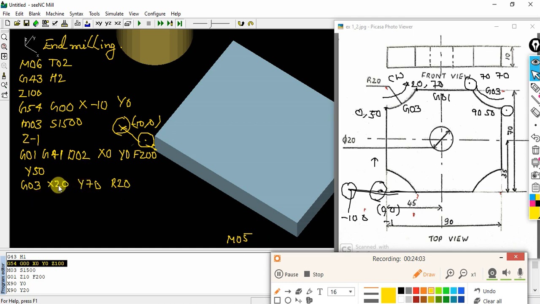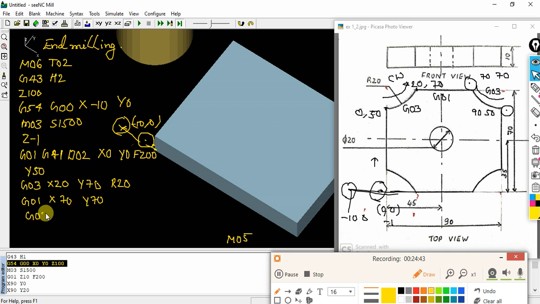The computer will check the same. In case you want to use circular interpolation, you need to make sure that you add its radius. That is the syntax that the program will check. Then from here to here it will have a linear interpolation. For that you need to use G01. The next position will be X as 70, Y as 70. You need not define the radius because this is a linear interpolation.